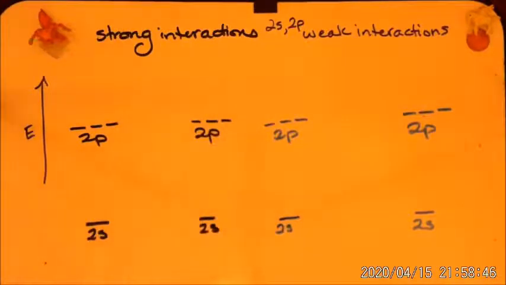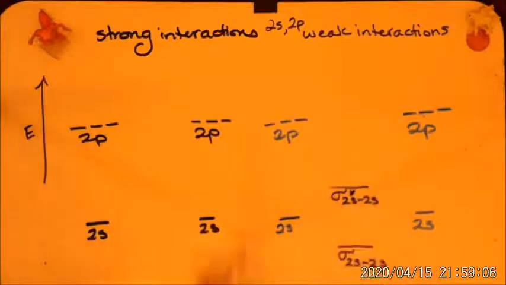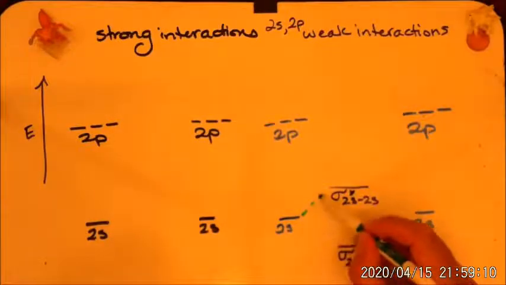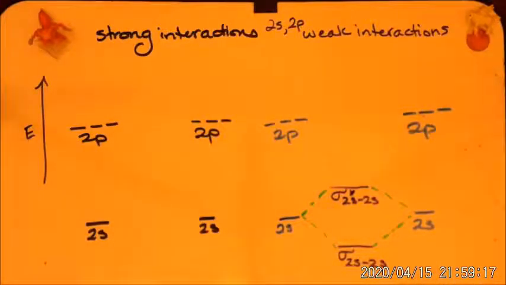Okay, so when we do our weak interactions, we're going to get basically our sigma 2s and our sigma star 2s. Okay? Now what about the 2p's? Well, remember something that I mentioned earlier, and we're going to apply it here,